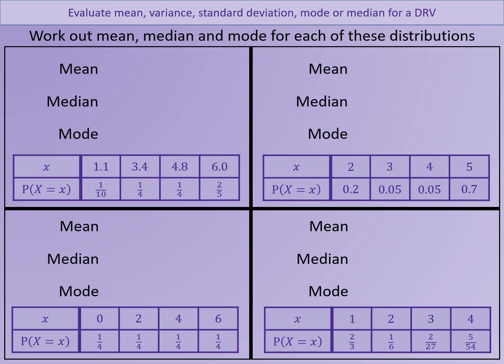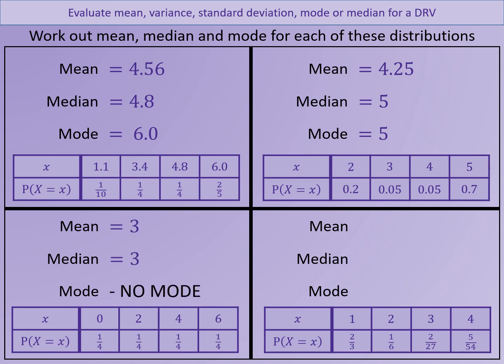So for question 1, we have a mean of 4.56, a median of 4.8 and a mode of 6. Question 2, we have a mean, median and mode here. For question 3, notice that there's no mode for question 3 because all of the probabilities are the same. This is a uniform distribution. And for question 4,